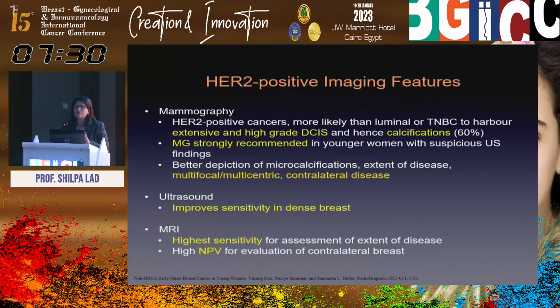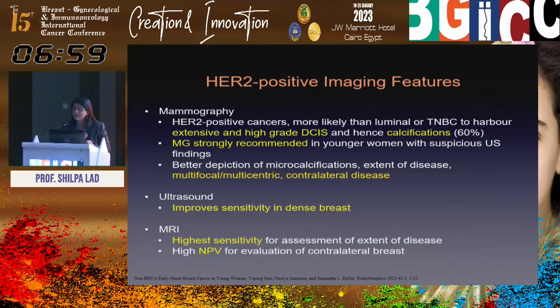Almost 60% of HER2 positive cancers will have calcifications. Therefore, mammogram is strongly recommended in younger women where you have done the ultrasound and you have a suspicion of malignancy. The better depiction of microcalcifications, extent of disease, multifocality, multicentricity, as well as contralateral cancers happens better when you have the mammogram. Of course, ultrasound has a better sensitivity, but MRI has the highest sensitivity and a very high